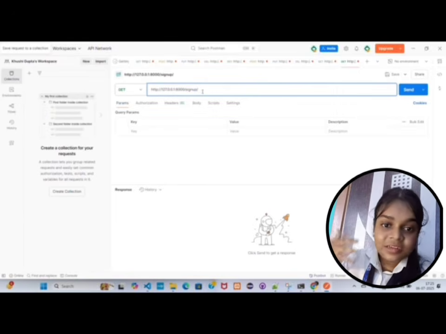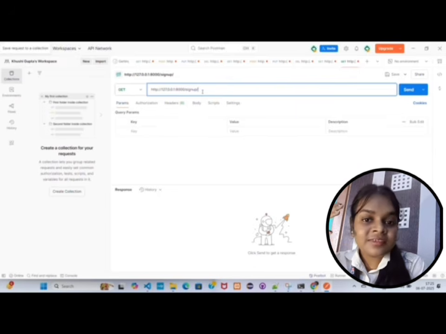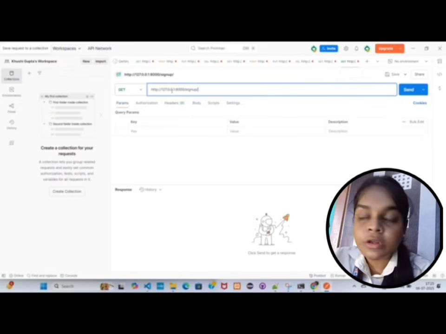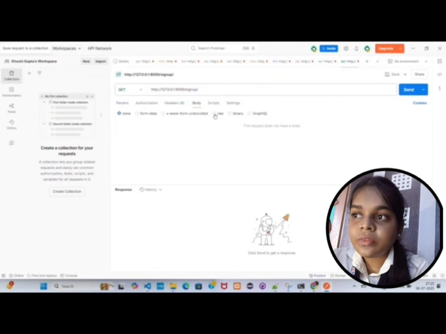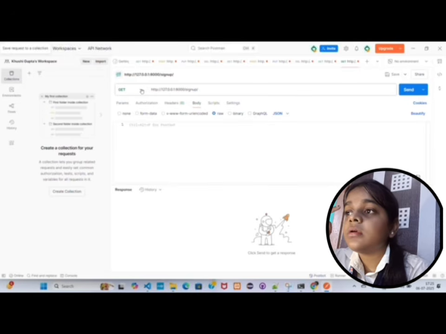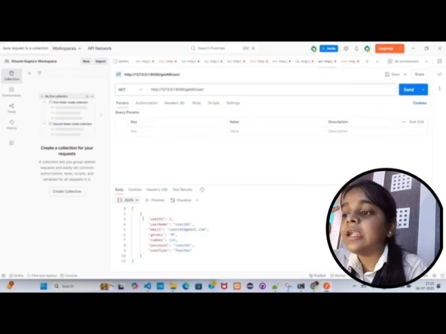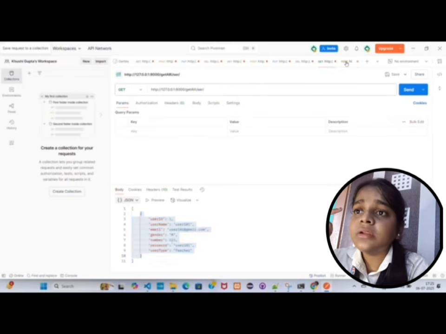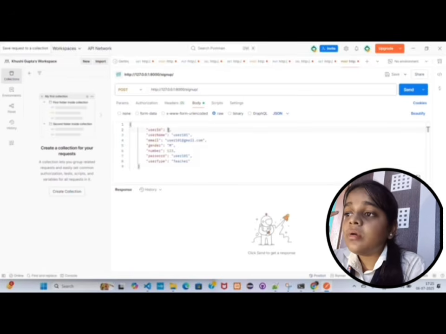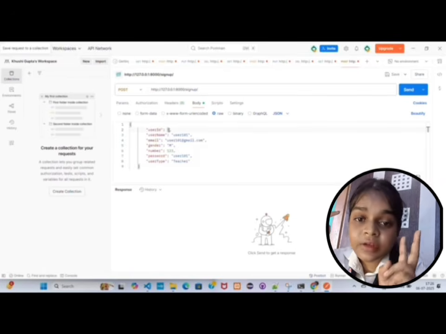In sign up, since it is a POST API, a serializer is there, and the serializer will take some inputs from the user. So we need to give input. How will we give the raw input? We will go to the body section, select raw, and select JSON from here. It is a POST API. We have the GET API, right? And the GET API has given us some data. We will copy it from here and paste it into the POST API. Now I will edit the data to give a new user entry.